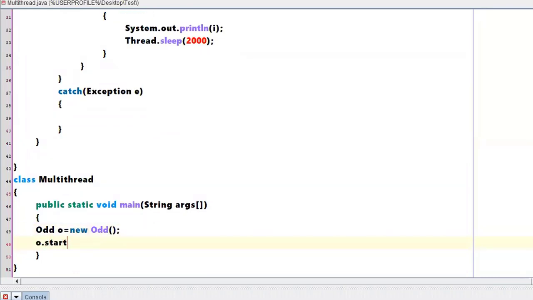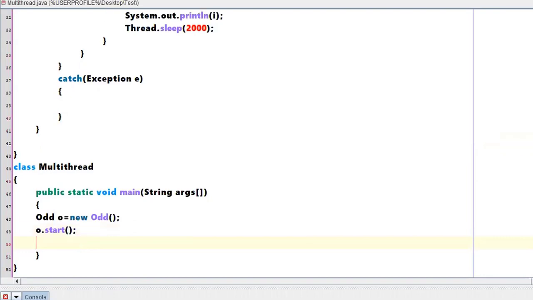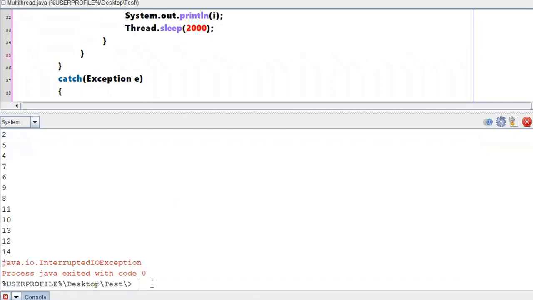Once I say o.start, in the sense, am I creating a thread of the Odd class? That means that particular thread, printing odd numbers, is an action now. After this particular statement, how many threads will be available for us? Two threads will be available. One is the main thread and another one is your odd thread, o thread. Now if I run my program at this particular point, javac